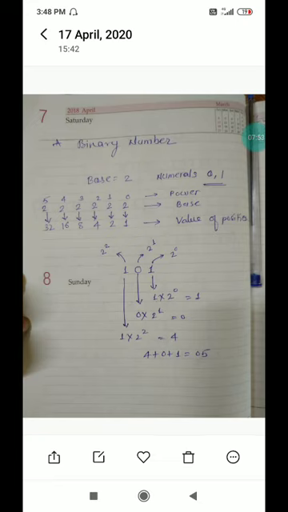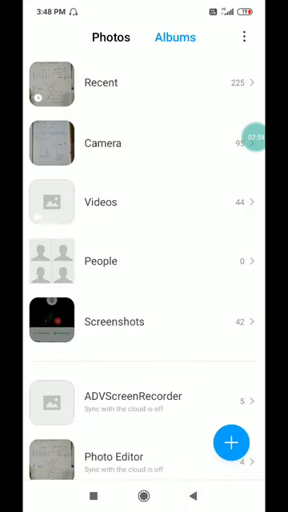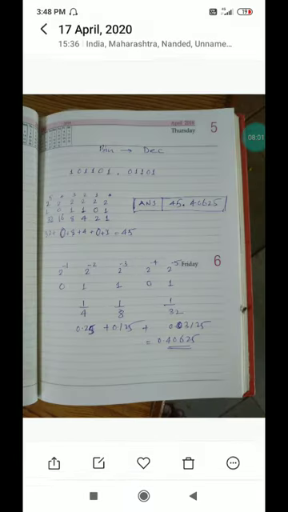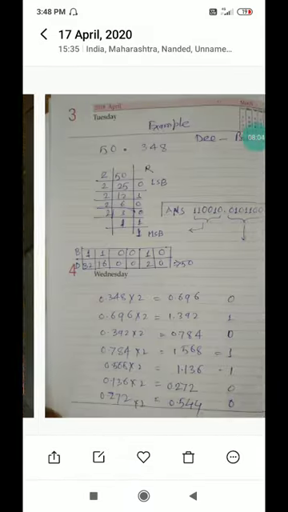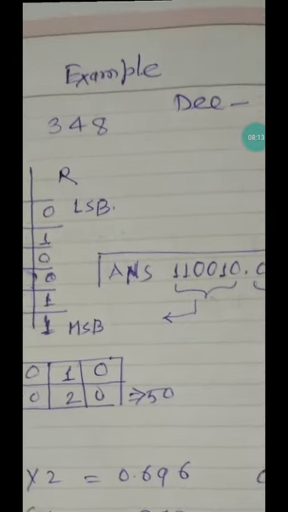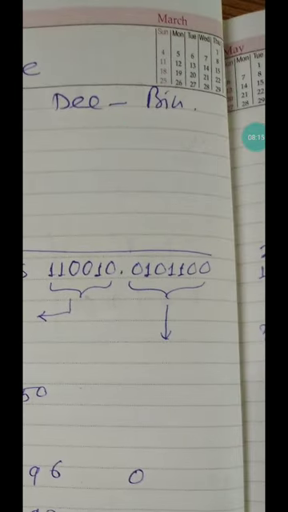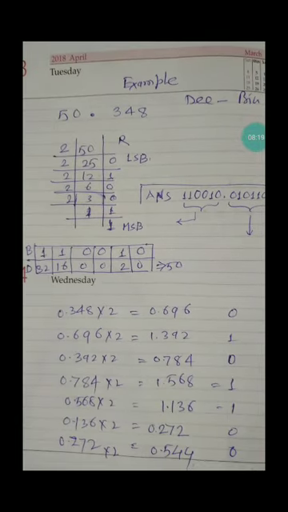Now we have to convert numbers into binary and decimal format. So first we will see how to convert a decimal number into binary number. Here we have decimal to binary. This is an example, and the number we are going to take for conversion is